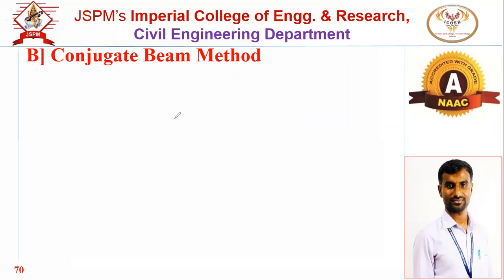Then we have seen the two theorems, moment area theorem number 1 and moment area theorem number 2. Now what is the statement, or the basic summary, of the first theorem? आठवत है? Yes, anyone? First theorem of the moment area method. It is for the slope, and the second theorem is for the deflection.